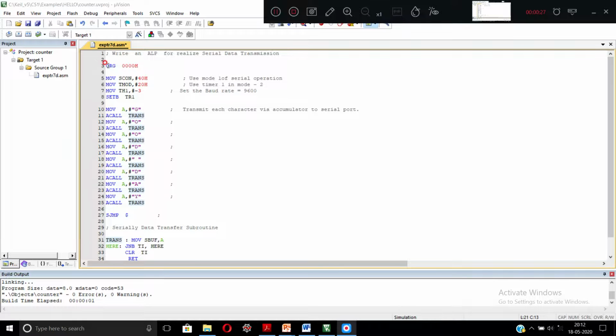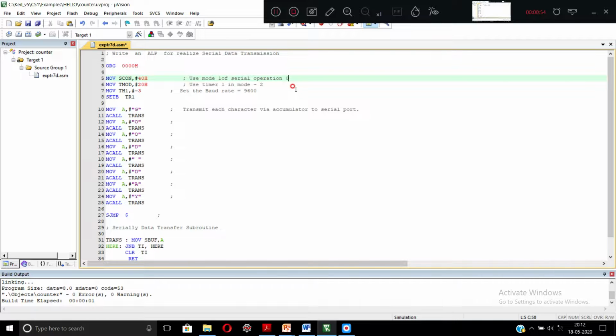The very first instruction begins with ORG 00H, since it indicates that your program begins at the location 00H. The next is a configuration register we are using for serial transmission and reception, that is SCON, which is configured with a value of 40H.